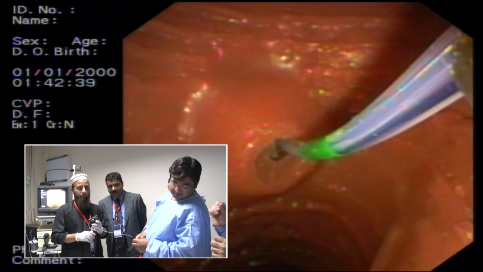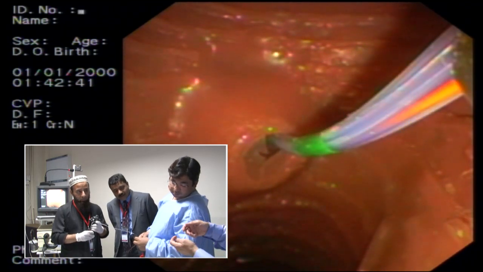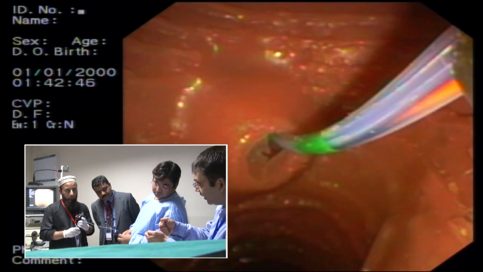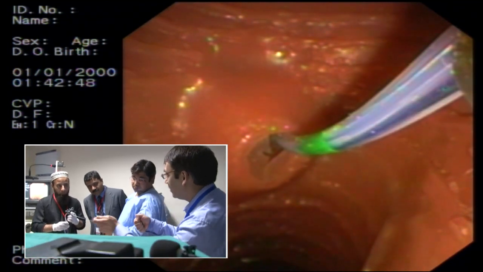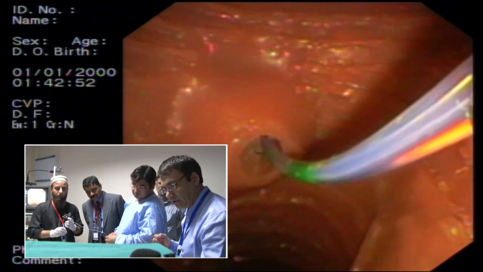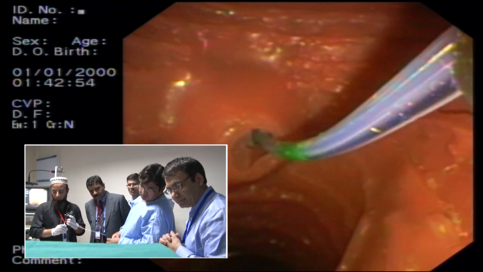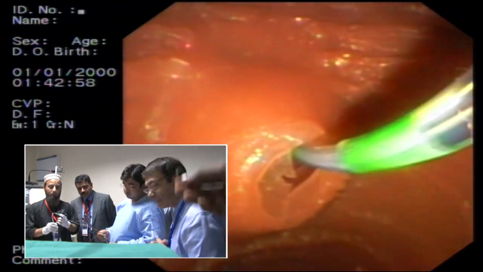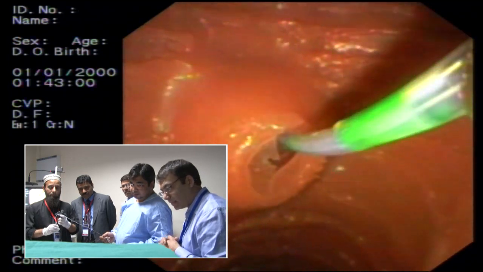ये जो आप पुश कर रहे हैं ना, तो ये जो ये कर रहे हैं, कई दफ़ा ये वायर को एक जगह होल्ड करके रखते हैं ताकि you can slide the sphincterotome over the wire. So that's what he's doing. Now he's going in. थोड़ा सा बाहर निकाल के दोबारा जाइए, थोड़ा सा वो करके जाइए।